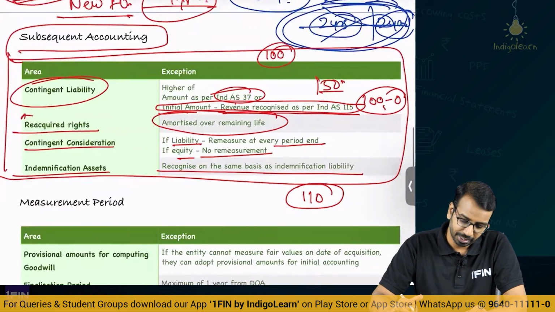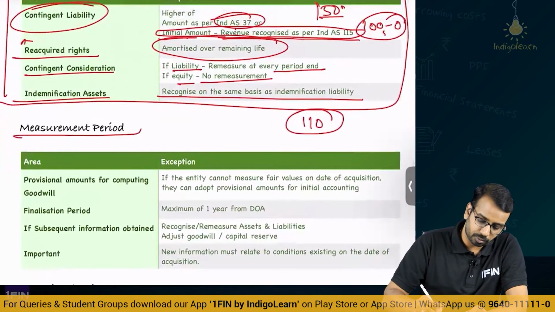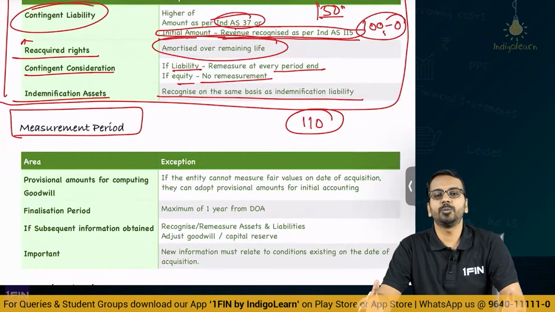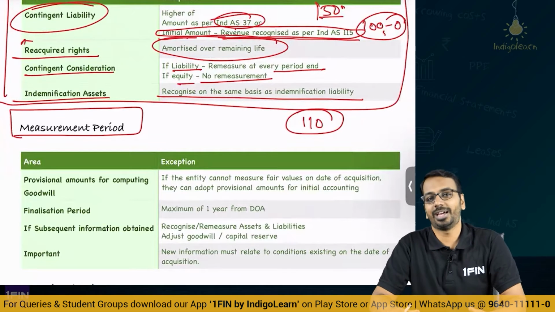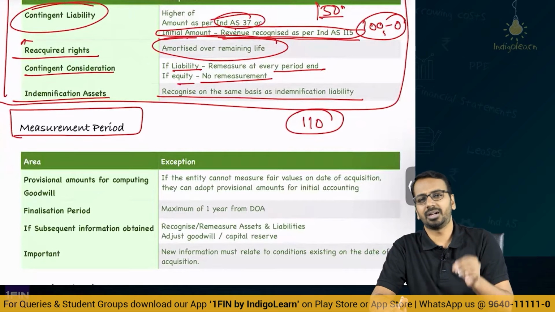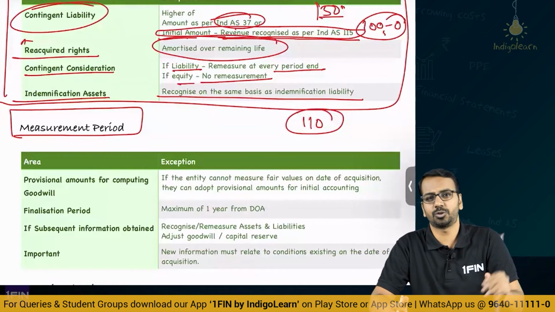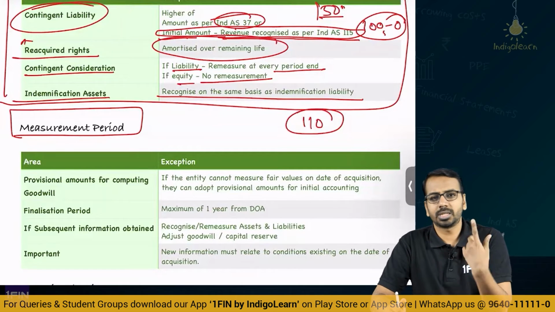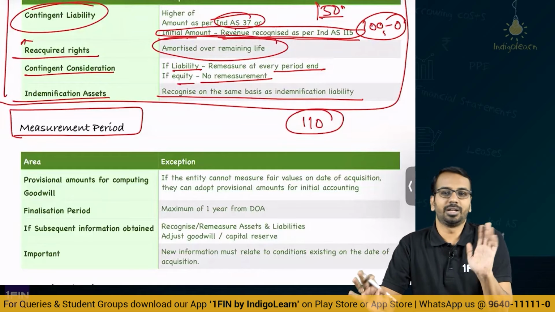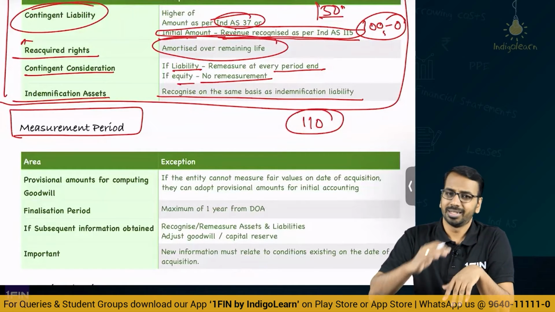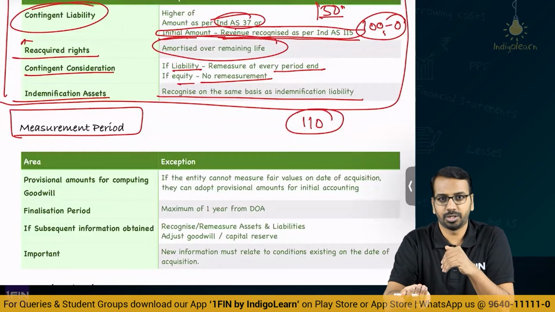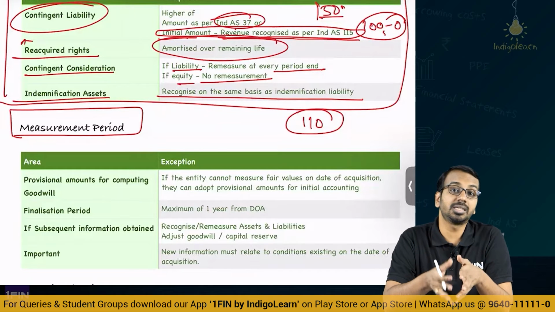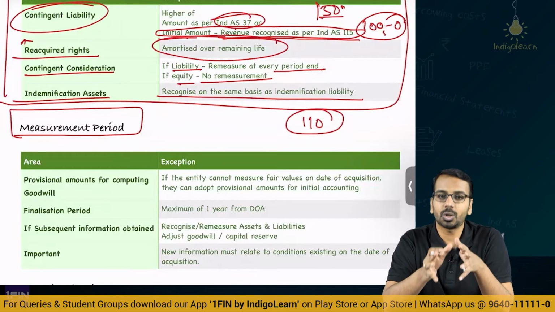from an examination point of view, right. Then another very important concept called measurement period. So, what is this measurement period? As I told you, when we do initial accounting, we have to determine the fair value of assets, purchase consideration, liabilities, contingent liability, contingent consideration, so many fair values to be determined. Sometimes time is not sufficient and you have to prepare a balance sheet on 31st of March. So, what the standard says is, you recognize based on provisional amounts. Subsequently, if you are able to get more information to update the fair values, you do that updation. Now, you will do that updation considering that the fair value is as on the date of acquisition.